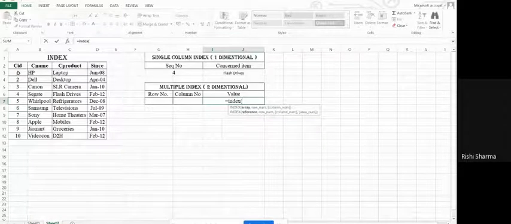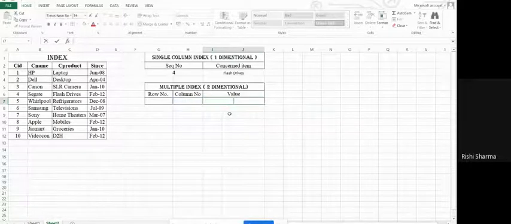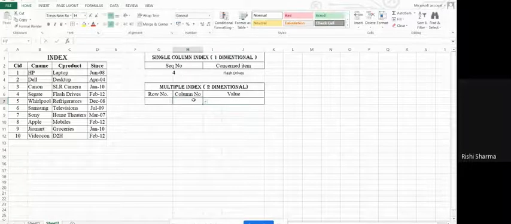And I'm selecting the whole database. Which database do you want to select? See, you have to make sure what the values of the column you have selected are. You have selected here, let me just delete it first, you have selected here 2, 3, 4. All right, you have selected 2, 3, 4, and the rows that you have selected are the entire rows 1 to